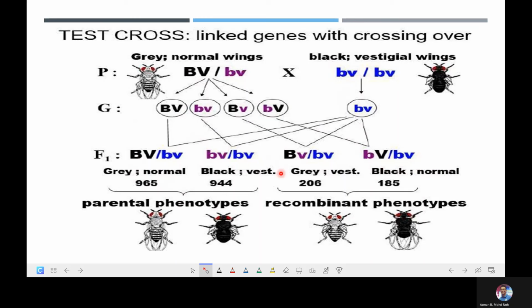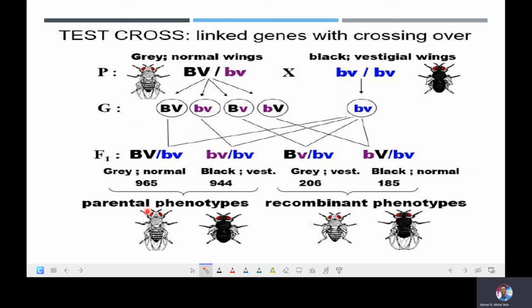Even though there are 4 types of offspring from this test cross, the phenotypic ratio will not be 1, 1, 1, 1. Why? Because we can see that there will be 2 groups that will be in high numbers. Meanwhile, there will be another 2 groups that will be low in number. So these two, the Drosophila having a gray body and normal wings, and also the Drosophila having a black body and vestigial